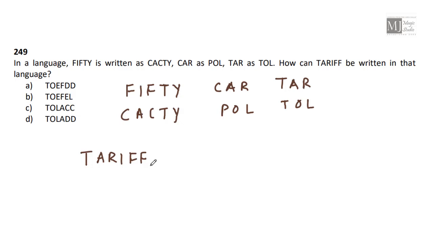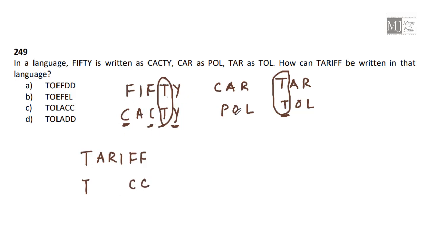See, the first thing that should come to our mind is these uniquely written combinations. Let's check it first. For Y we have a Y, for T we have a T, here for T also we have a T. That means for T the code is T itself. So for T, my code will be T. Now I need to check for F. For F, it is C. Here also for F, it is C. There is no F left. So for F, it is C.